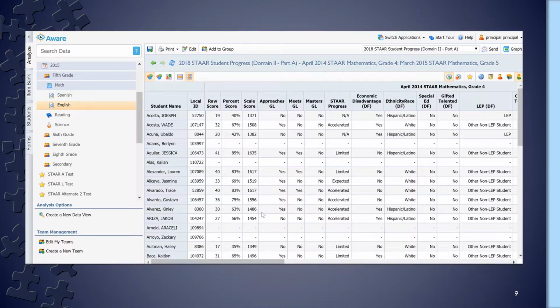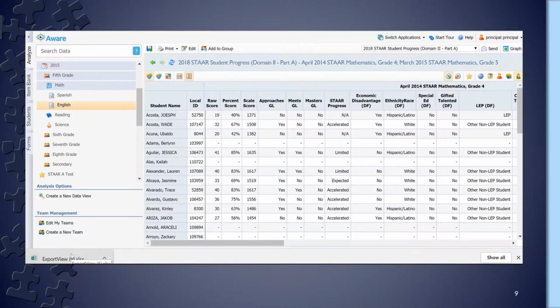After this, the only thing we need to do is to put this information that's here on this report into an Excel spreadsheet. So we're going to go up here to Print, Export to Excel, and you'll notice your Excel spreadsheet appears down here on the bottom left. Open this up,